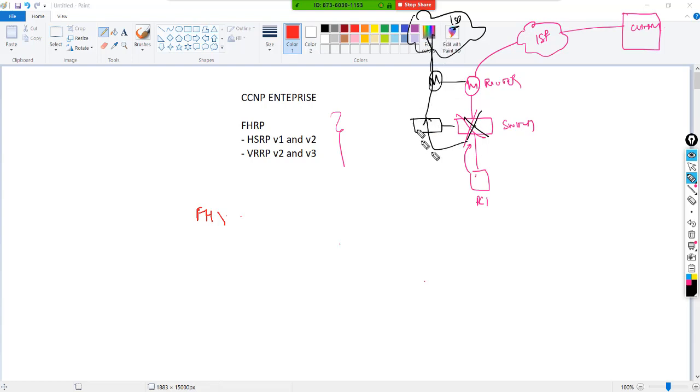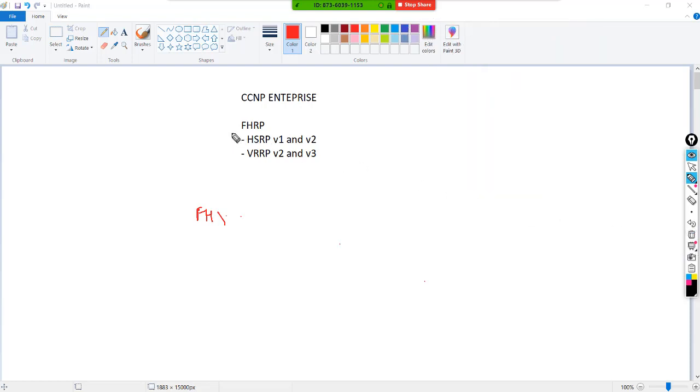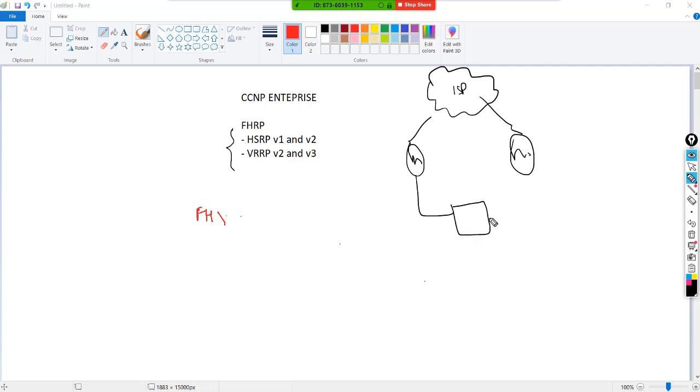Okay. So how are HSRP and VRRP going to help us? Let's say I have two routers connecting to the internet service provider, and I have a switch connected to a PC user.